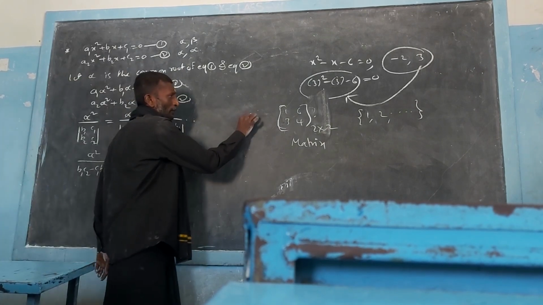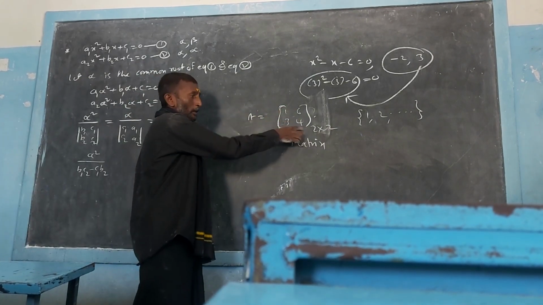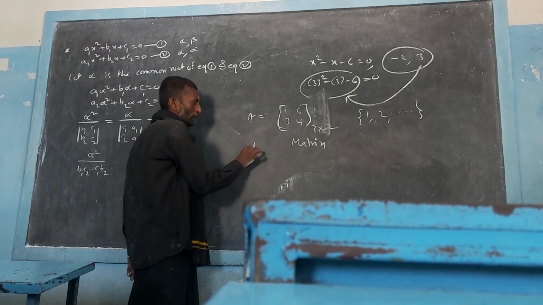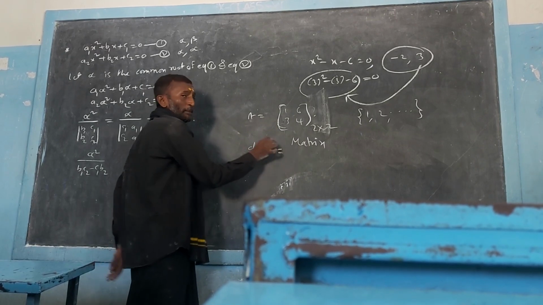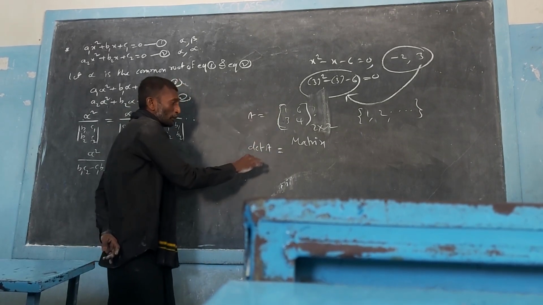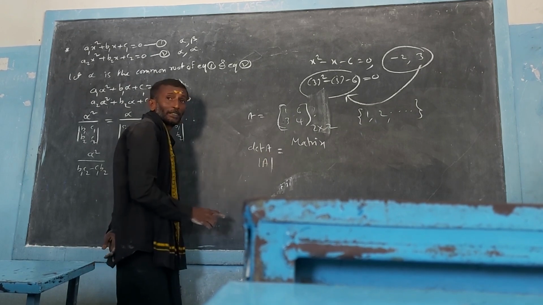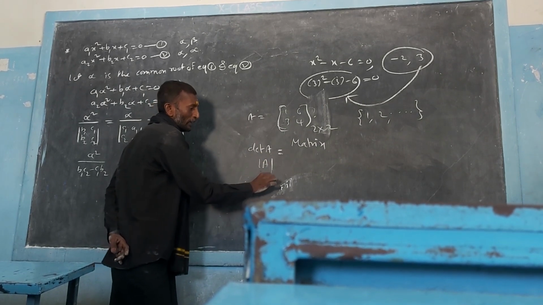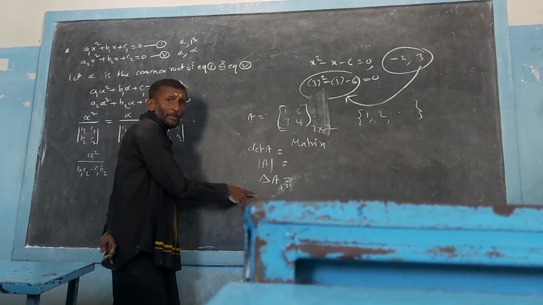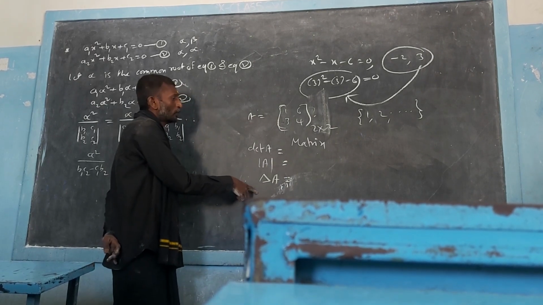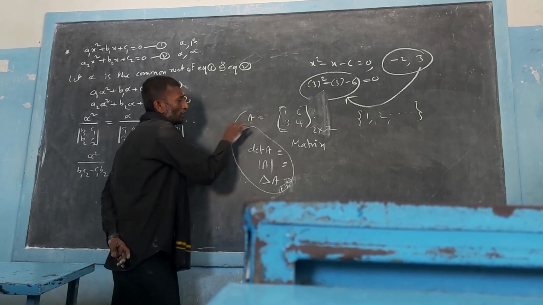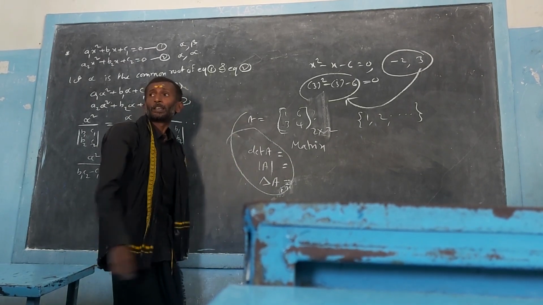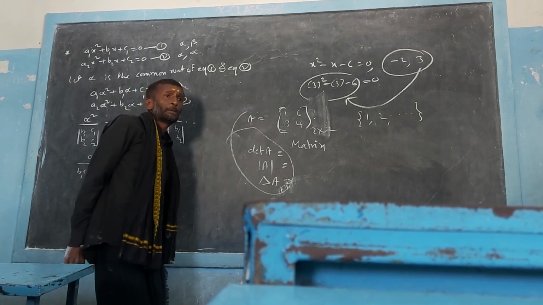Suppose this is the matrix here, A equal to 1, 6, 3, 4. So its determinant we can write like this, det A. Det A means determinant of the matrix here. Sometimes we can write like this. This is also written as det A. Sometimes we can write delta A. Delta is also the determinant of the matrix A. So these are all the determinants only. Determinant is always nothing but only a real number.